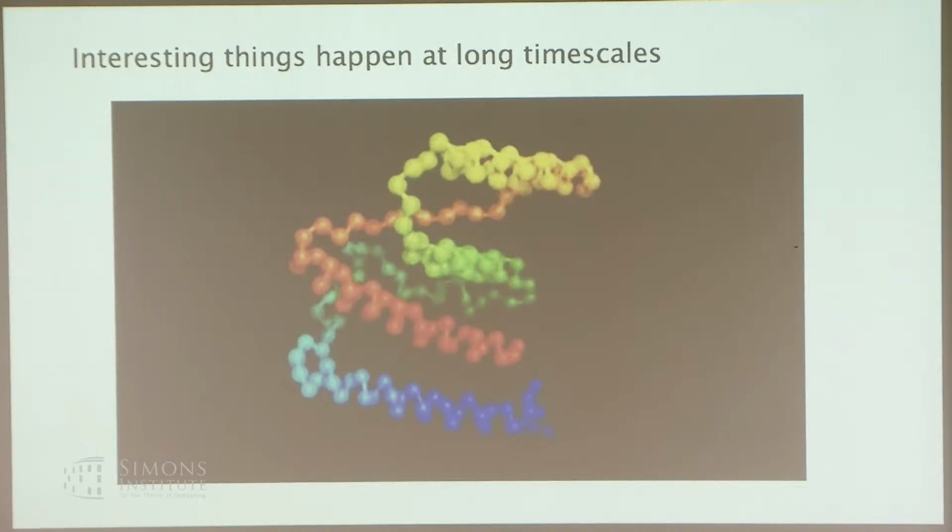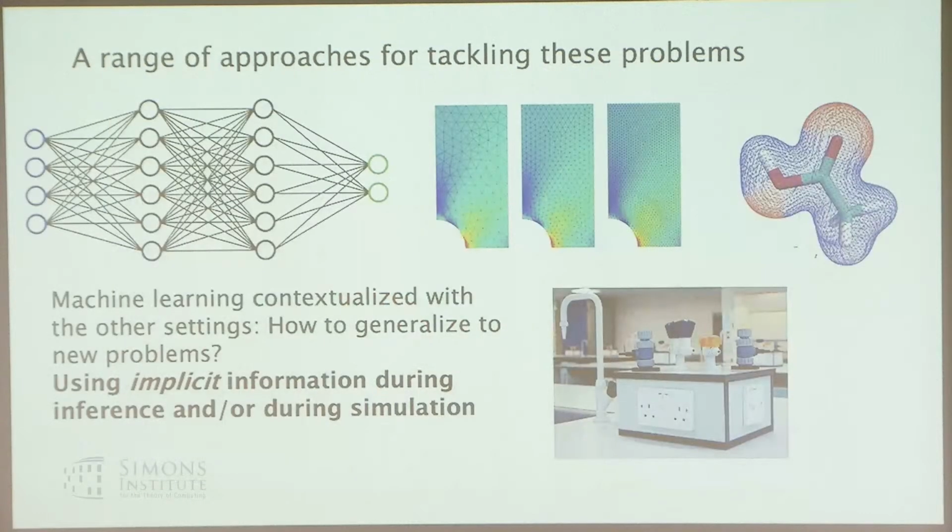Given how important these problems are, there has of course been a range of approaches for tackling them, starting from something you might do on the experimental side with validation. There's also this whole set of numerical methods. We have finite element methods, density functional theory, and molecular dynamics simulations that have all been developed over time just to tackle these really hard problems. And of course, in the last few decades, machine learning has come out as one possible approach that could augment or help with these big problems.